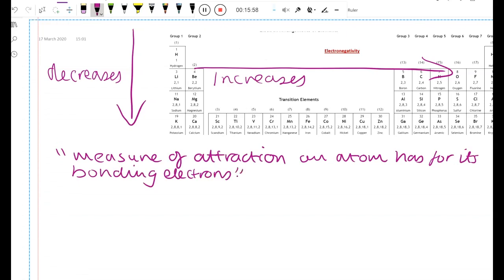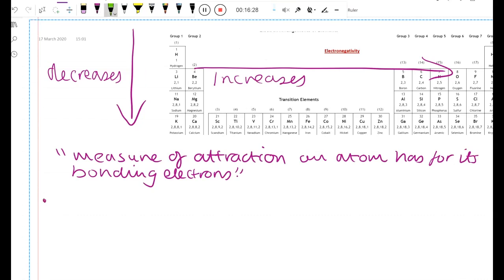Okay. The higher the electronegativity value, the higher the electronegativity, if you like. So the bigger the number, the higher the electronegativity. So it's a measure of attraction an atom has for its bonding electrons. Now, it increases as you move across a period, and that is because,